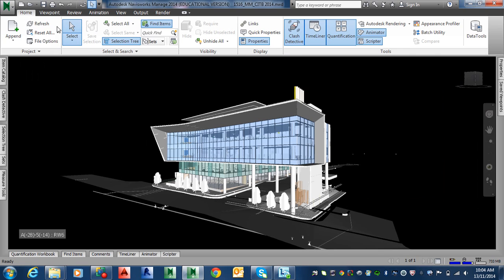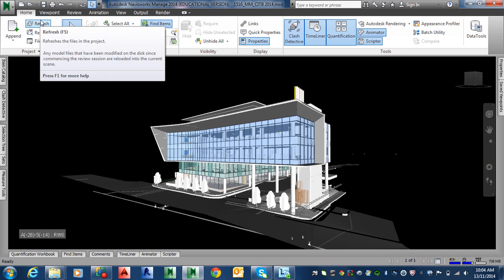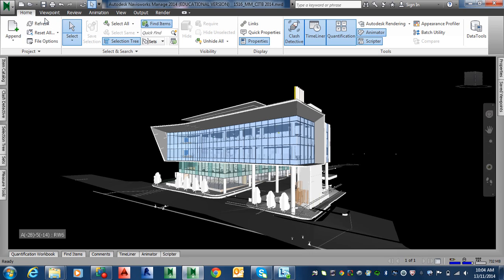The other thing is, of course, we've got Refresh here, which we won't really need. But in an office where things get updated all the time, you want to click Refresh every so often to bring in the latest version of, say, the mechanical, or whatever may have been updated in the last hour or two. All right, so that's that. File Options, won't worry about that. Select is